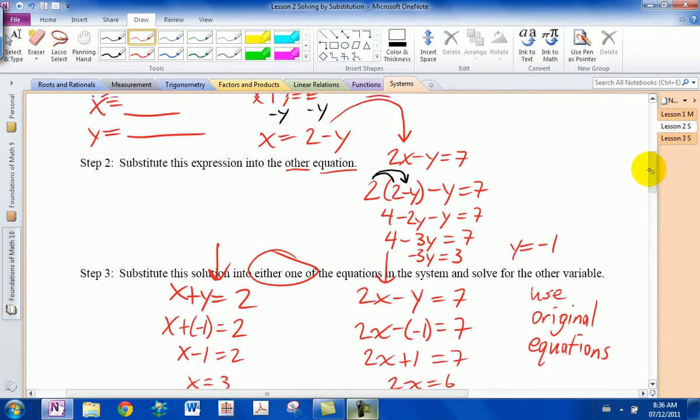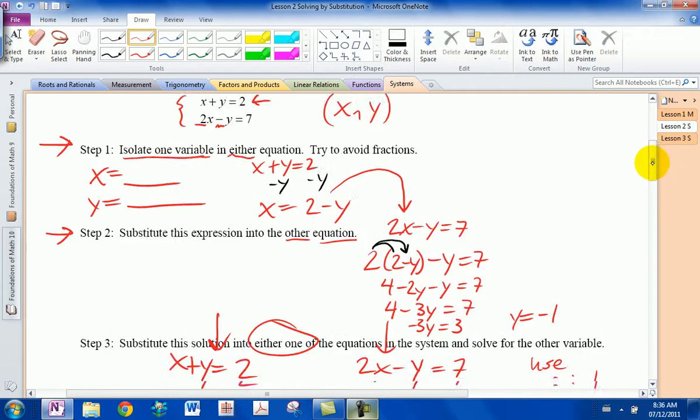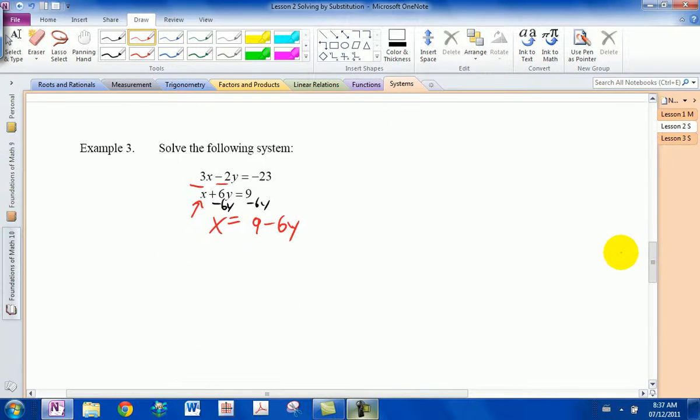Look at the top of the page. Okay. So we've isolated the variable. Now we have to exactly substitute it into the other equation. Okay. So now you want to take this value and put it in for x. Make sure you use